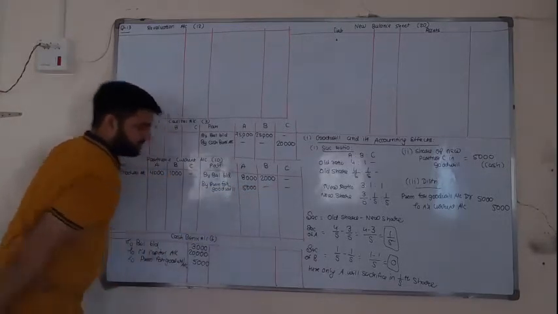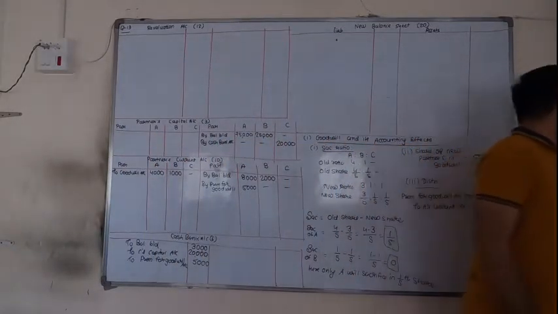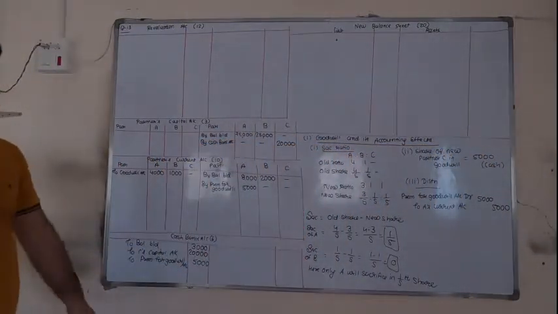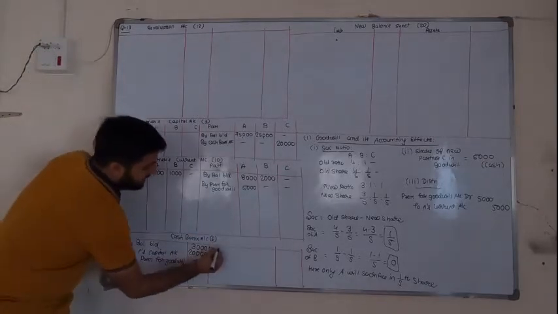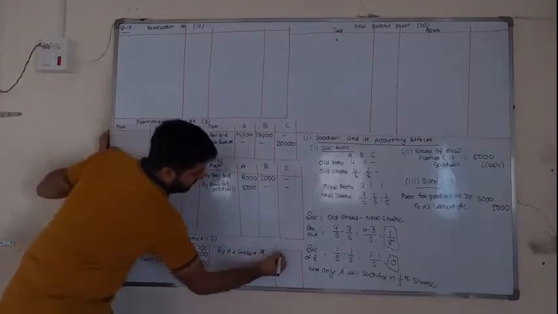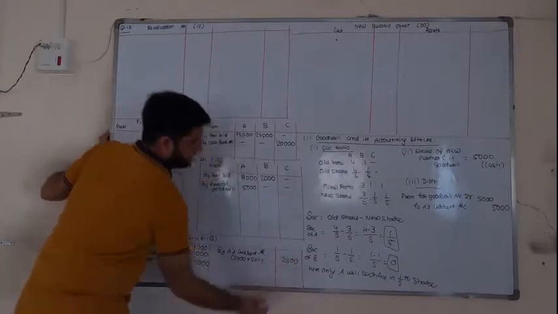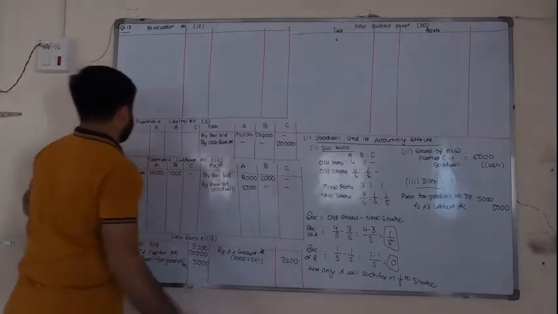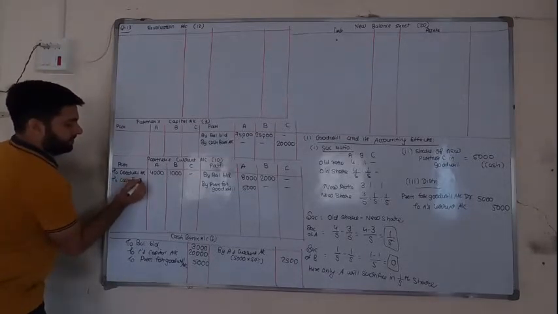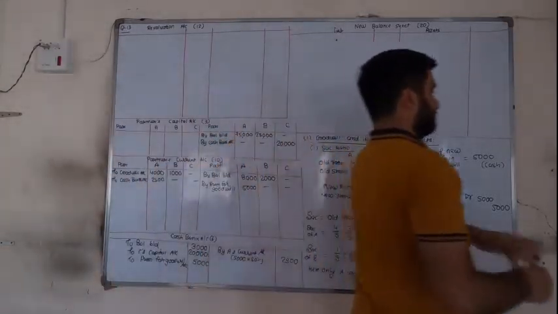In the same adjustment, they write that out of goodwill, half the amount is withdrawn by the old partner. When goodwill comes into the business, it is credited; when it is withdrawn, it is debited. Withdrawn by A, so by A's current account, 5,000 into 50% is 2,500. Because cash is going out, on the credit side of cash, and here in the current account it will be the debit side, to cash bank account 2,500. So our first adjustment is over.